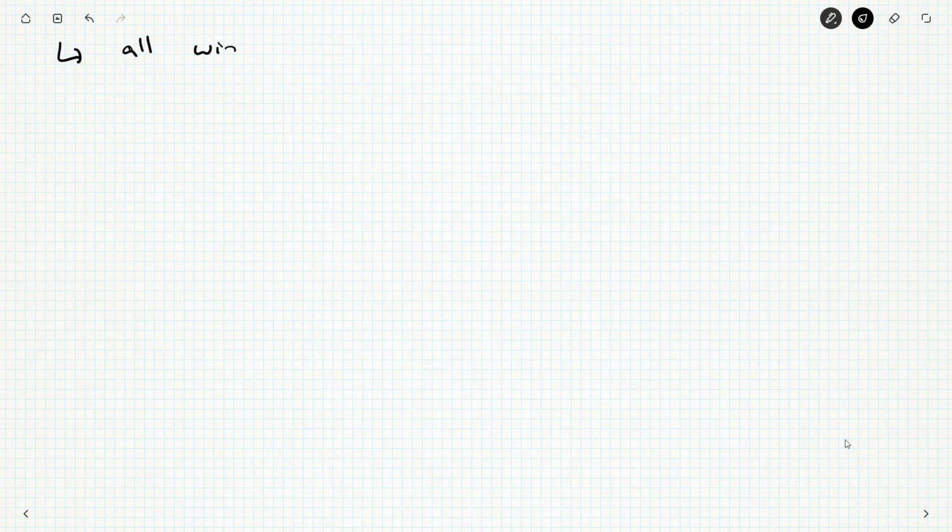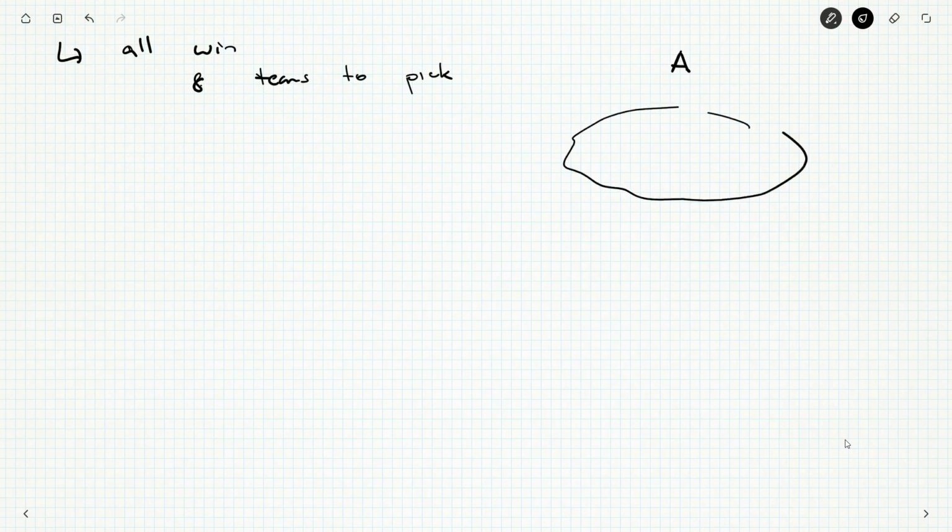So somebody wins everything. So there's 8 teams to pick. And we'll signify them with A, but it doesn't really matter. So there's 8 teams to pick out of the 8 teams that there are. One of those. So we pick 1 out of 8. He's going to be the team, or they are going to be the team that wins everything. So then I don't really care what happens to the B and the C and the D, E, and so forth,